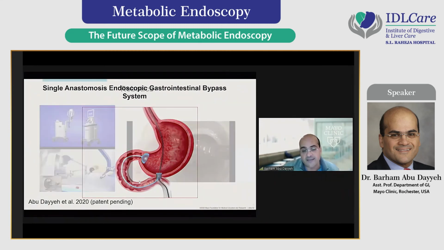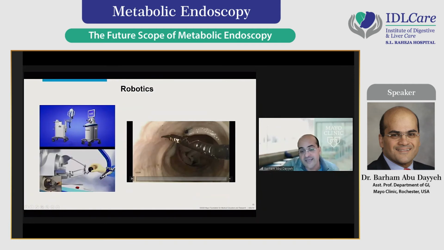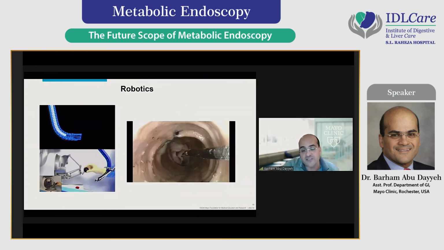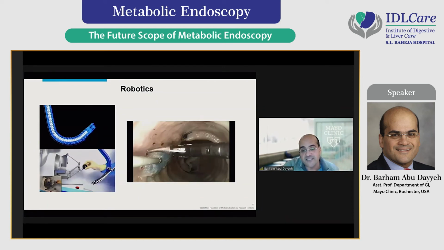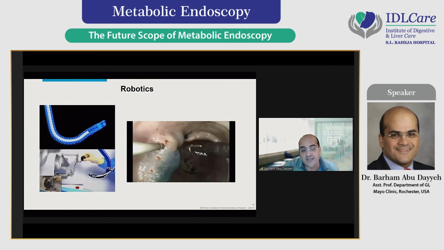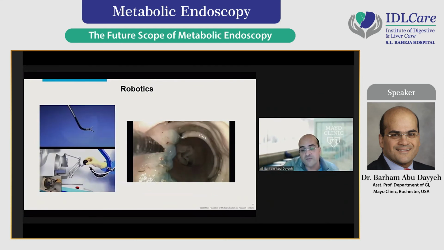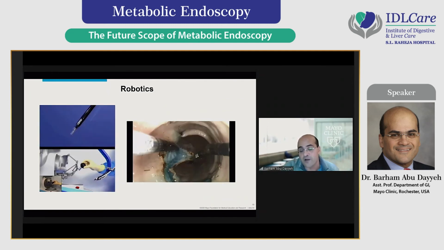And finally, there's no lecture that talks about the future that is complete without the future of robotics. This is using, in an ex vivo model, a robotic system in order to create a wide margin endoscopic mucosal resection to enhance plication or gastroplasty techniques. You could see here with robotic, the ability to triangulate means that you could now do these very wide resection margins with ease and without difficulty. And now we have suturing platform that you could use to approximate muscle against muscle in order to enhance the durability of the techniques that we are all doing together.